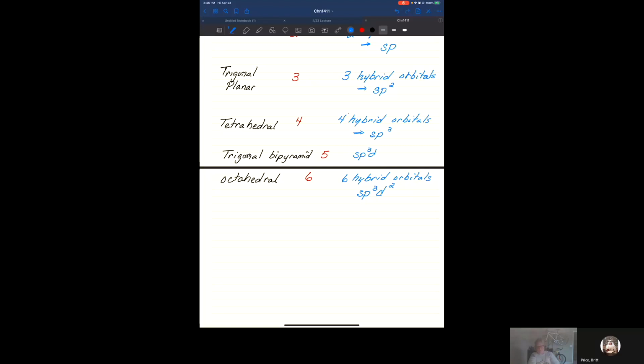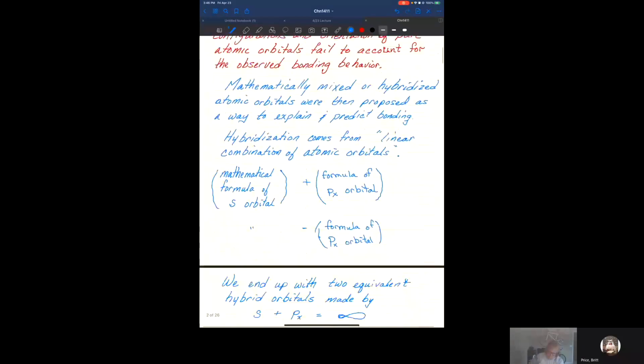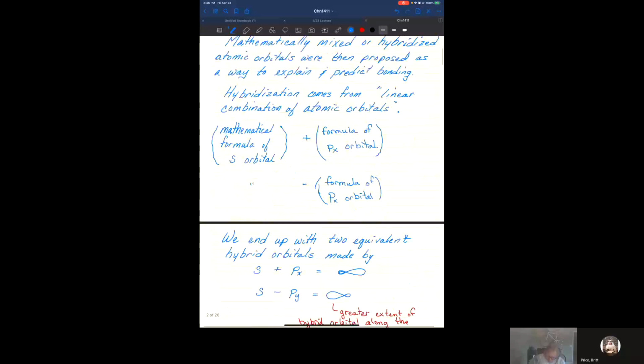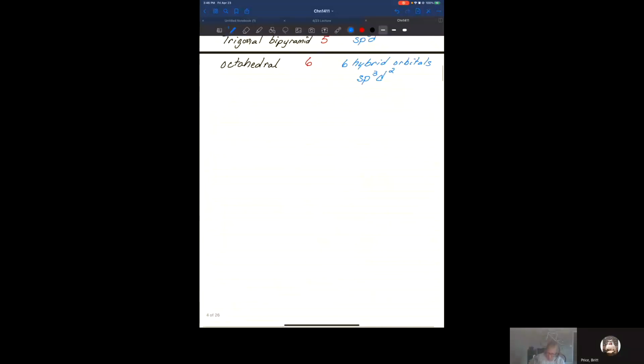Why hybrid orbitals? Why hybrid orbitals? The reason why we've gone to hybrid orbitals is to try to account for the observed bonding behavior. Why do we see what we see? Again, hybrid orbitals